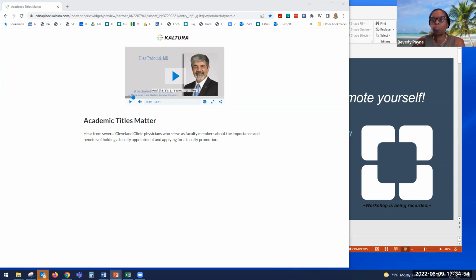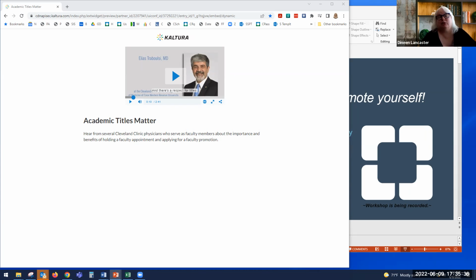So why pursue a faculty appointment with CCLCM and CASE? First of all, you should want to promote yourself and get credit for everything you're doing. The majority of the time when people apply, they've already done all the hard work of lectures, writing papers and all that. You might as well get academic credit for doing all that. It's a good way to have your staff rank match your faculty rank. So if you're a full staff member of Cleveland Clinic, it would be nice if you had an associate professor or professor rank to match that. That doesn't always work out, but it would be nice if it did.